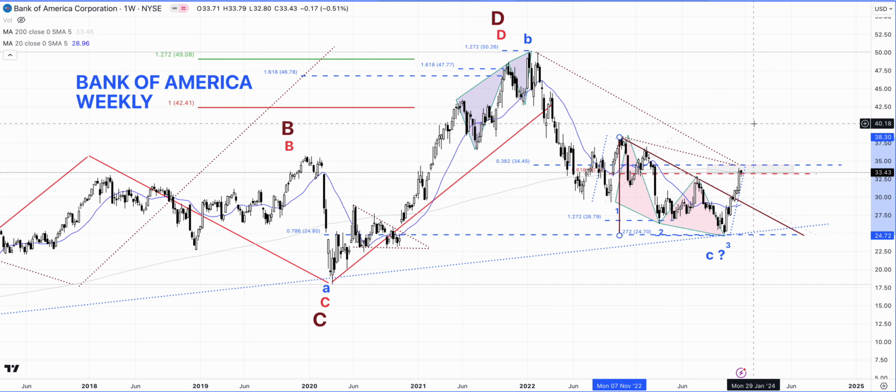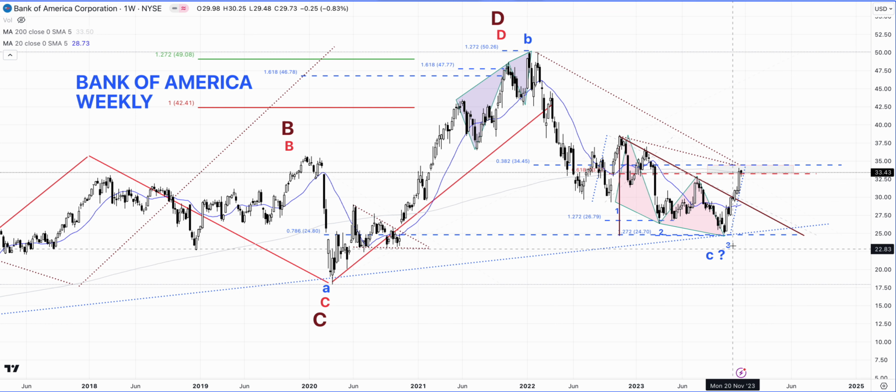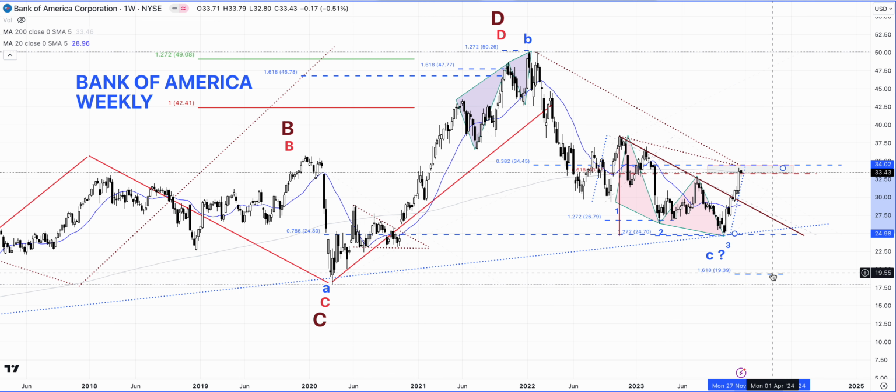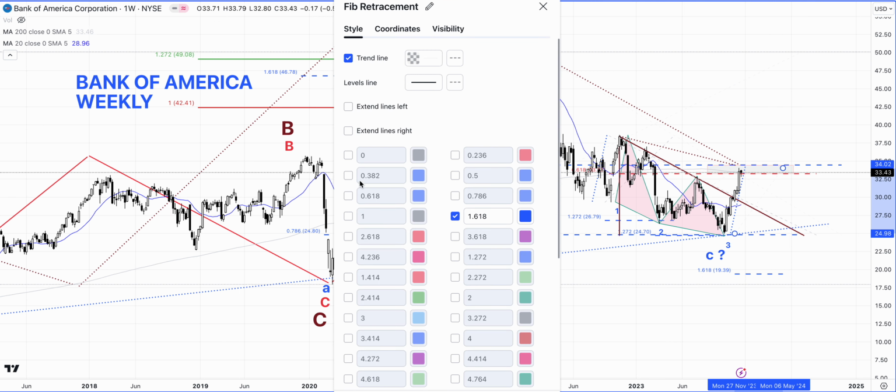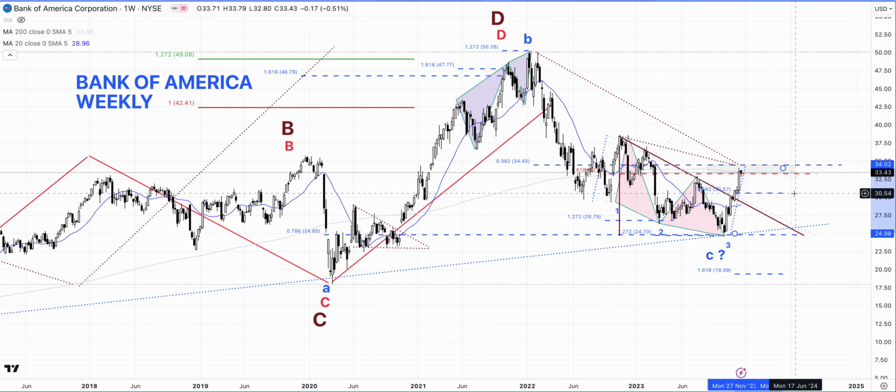So what is also possible is that perhaps the market finds good resistance here. It might pull back right into this level, where we also have the 20-week moving average. And from a Fibonacci perspective, let's see what sort of ratios we get. Assuming this is the top, and I don't know whether this is the top or not, so it's just an assumption, we could be looking at about $30.60 as a possible pullback that could happen.